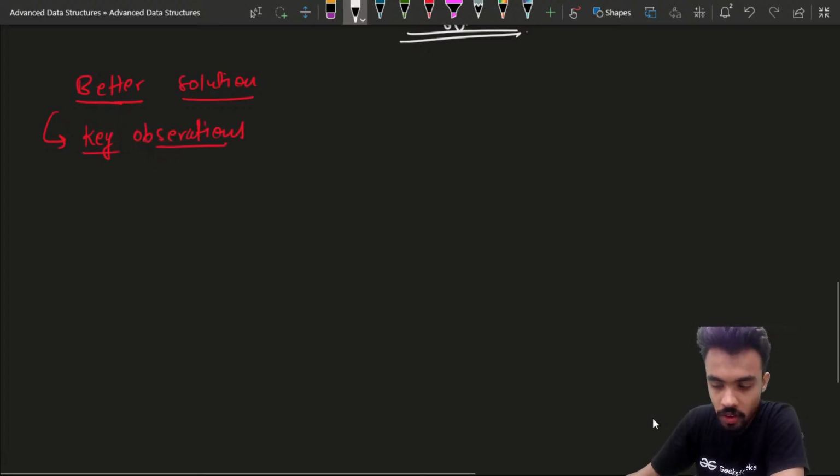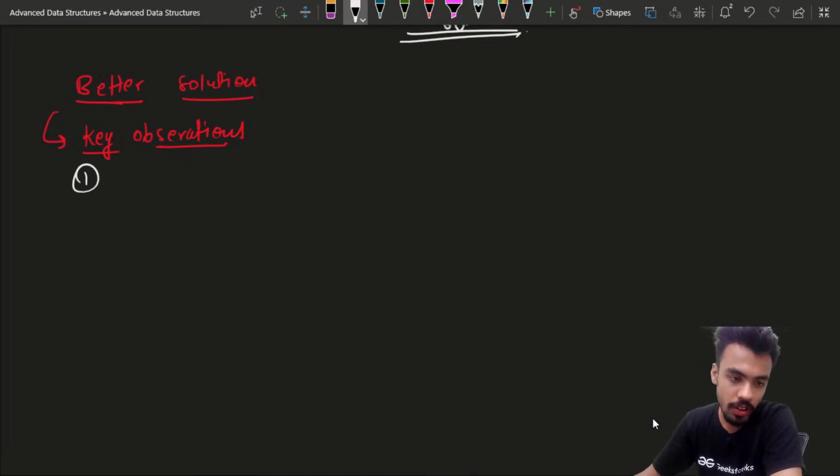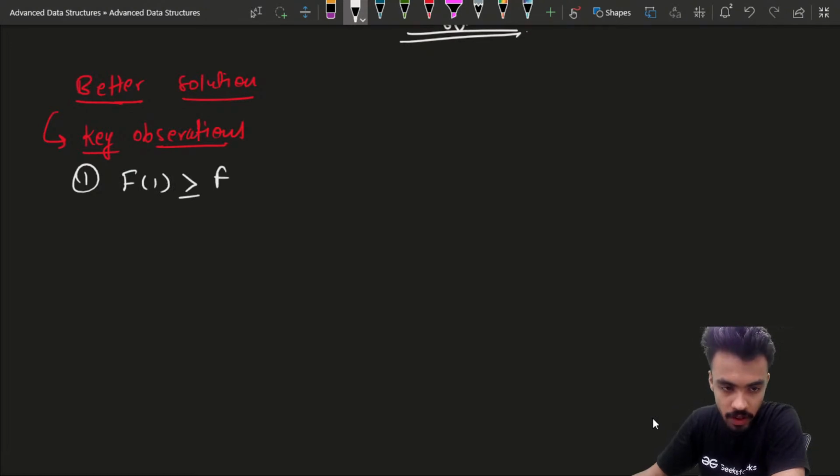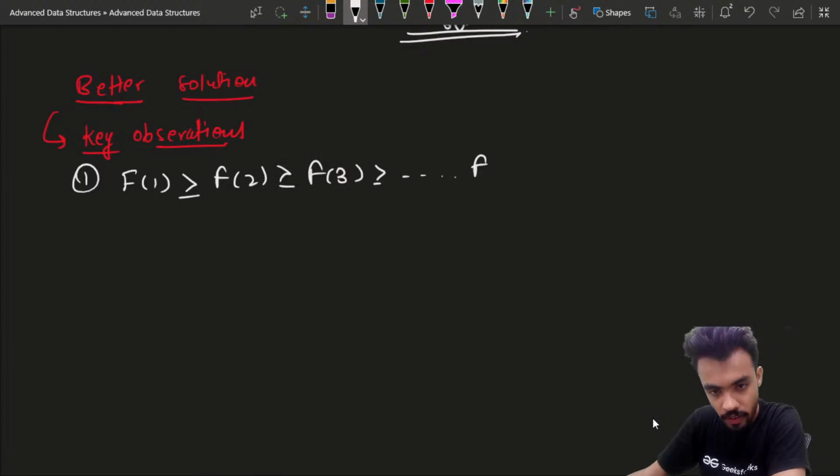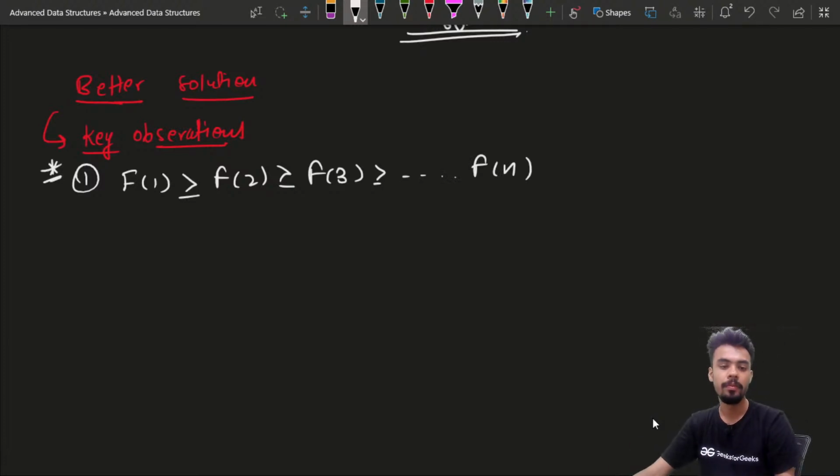The first thing you can notice is, f of 1 would always be greater than or equal to f of 2, which is always greater than or equal to f of 3, which is always greater than or equal to f of n. This condition always holds, and this is the most important observation in this problem. Okay, now why does this always hold? Because